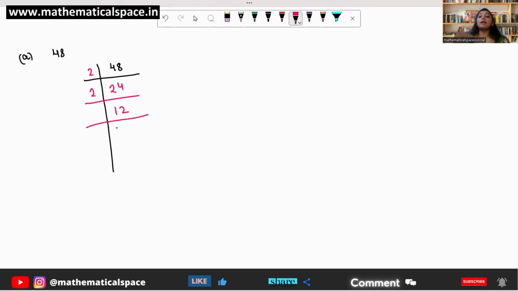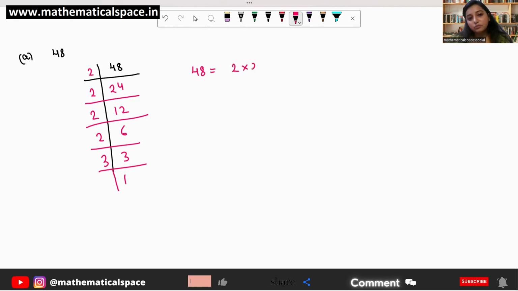Next, what number can divide 12? 2. So 12 divided by 2 again is 6. Now again for 6, we can use 2. So when we divide 6 by 2, we get 3. Now 3, with 3, we get 1. So we can write 48 as 2 times 2 times 2 times 2